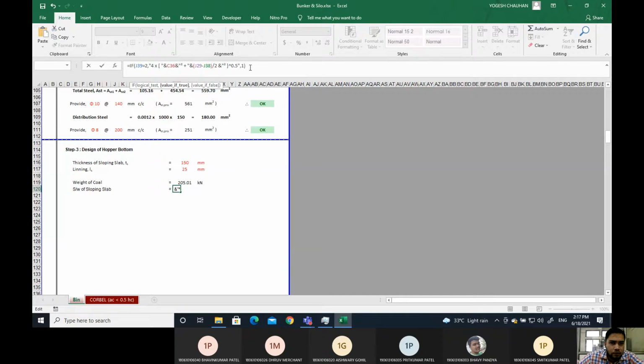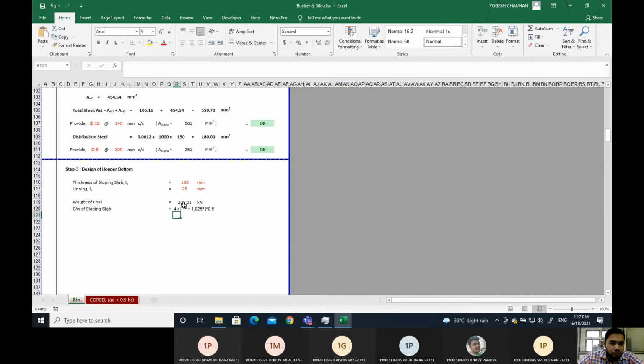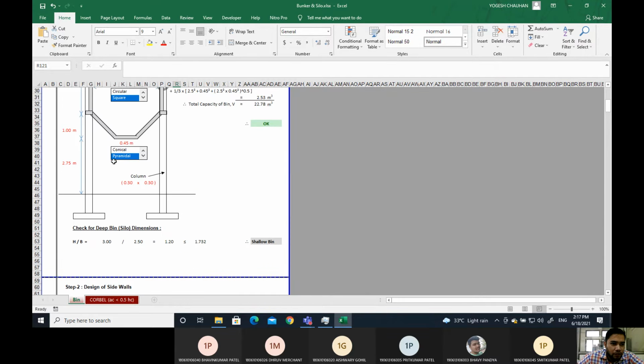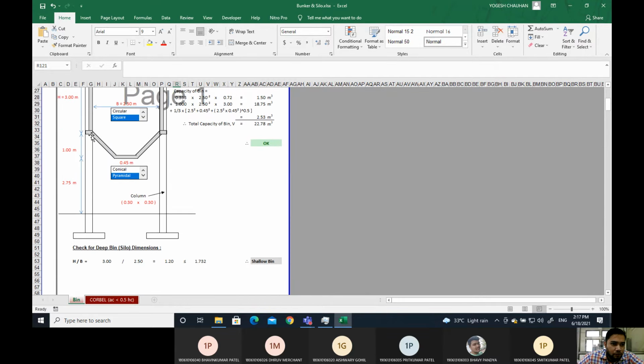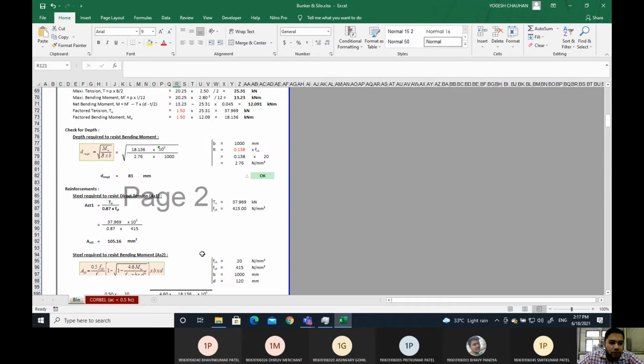It will be there. So now you can see it is 4 times 1 square plus 1.025 square raised to the power 0.5. That is, it is a square root of this term. See what we are doing. We want this length. So this length will be 1 square plus this length, this square. So this length will be actually 2.5 by 2, 2.5 minus 4.5 whole divided by 2. So that is what we have done here.